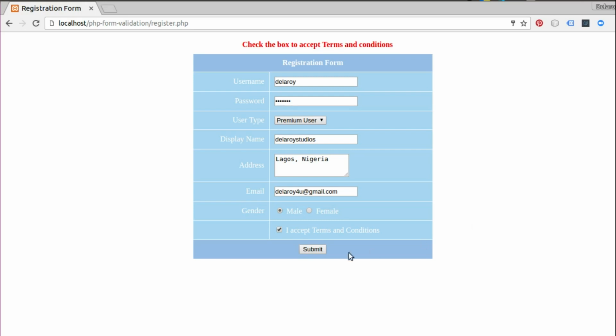Now let's submit and see what happens. Cool. You have registered successfully. So you've done that successfully. You've posted the form and the values have been passed along to the appropriate endpoint to consume. So cool. This is just how to set up validation for all fields, even using an email address, and make sure all fields are not empty. You try to set up the first level of validation for the kind of data that is passed to your